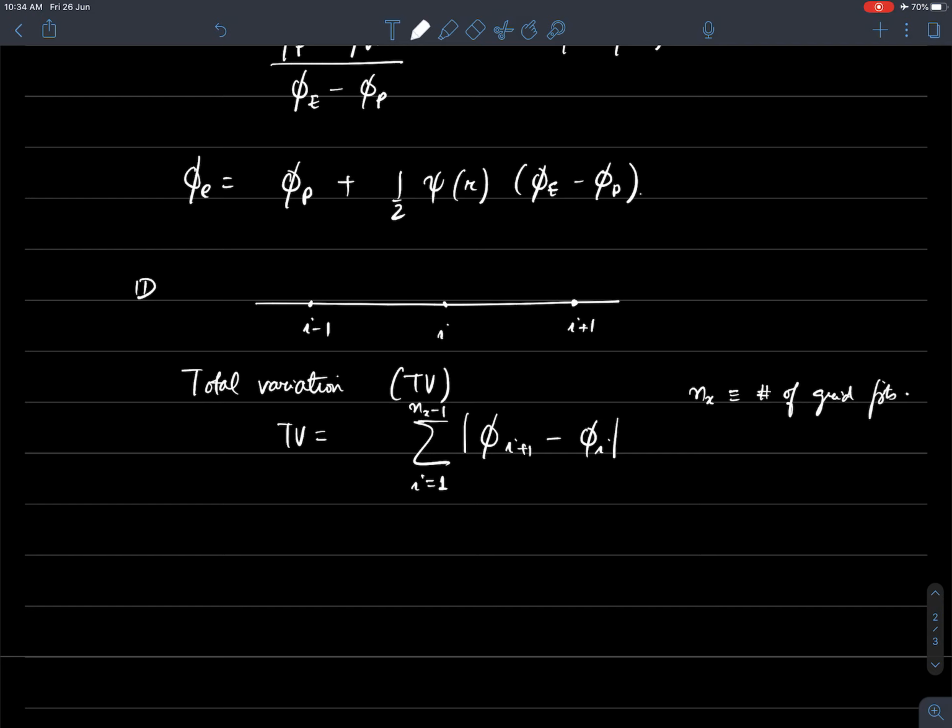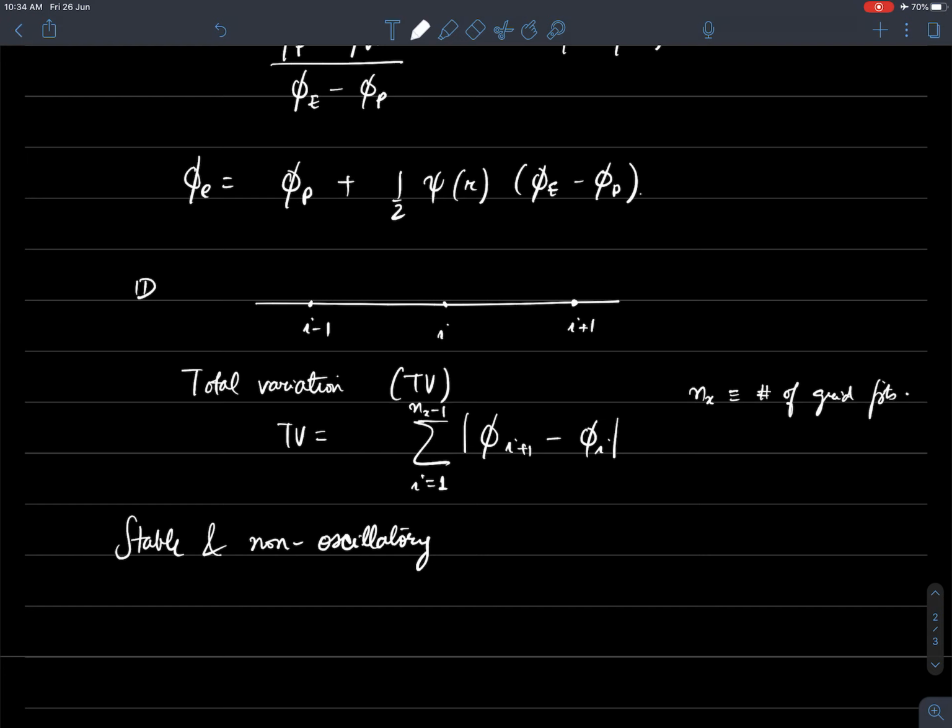Okay, so this is what the total variation actually is mathematically. Now we said we want a scheme, right? Our whole philosophy of coming to this problem or this scheme is actually that we want a scheme which is stable and non-oscillatory. So two requirements that we have are stable and non-oscillatory behavior, right?